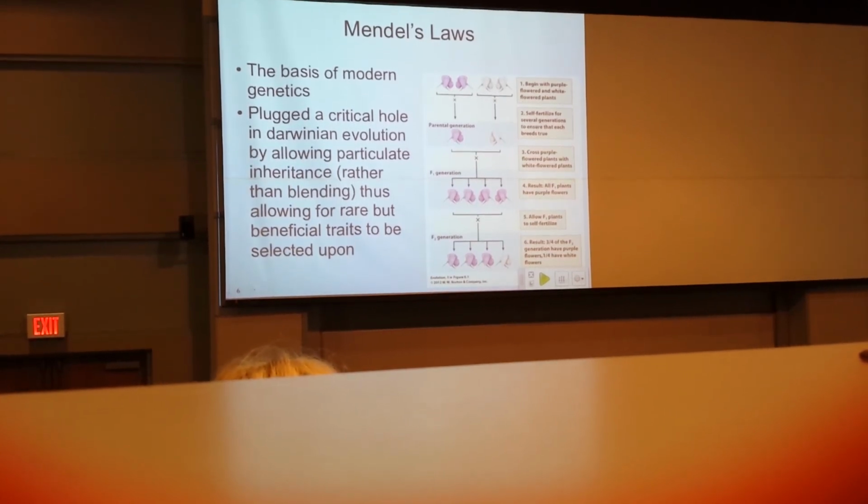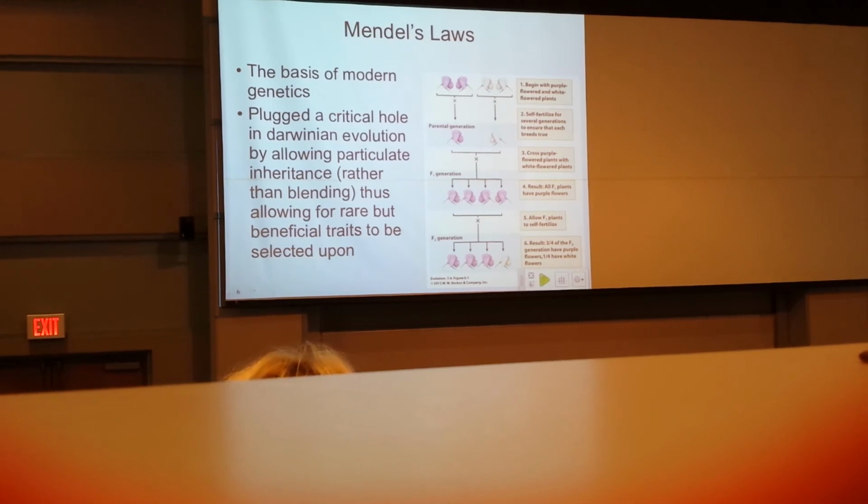So you got an average phenotype when people had offspring. The problem with this is that if you have rare but really beneficial traits, they can never express themselves enough to become selective. So it made it difficult for Darwin to figure out how certain characteristics could become